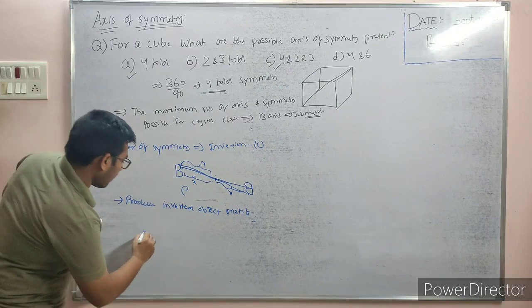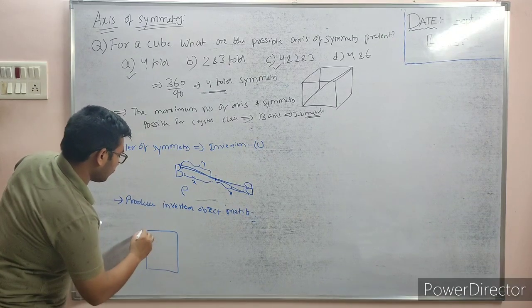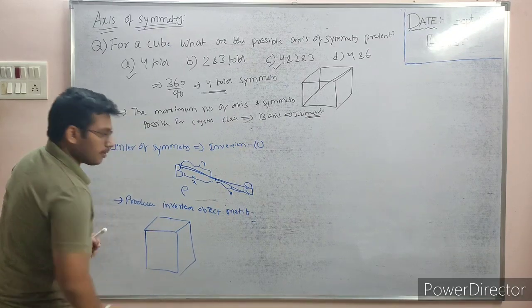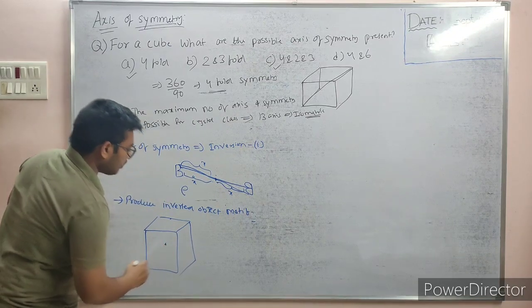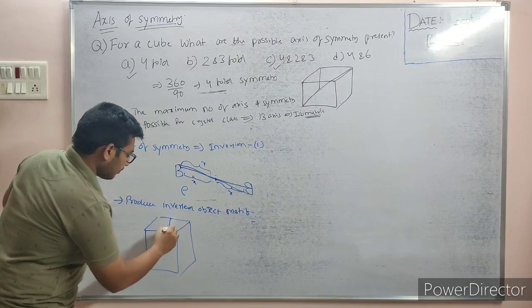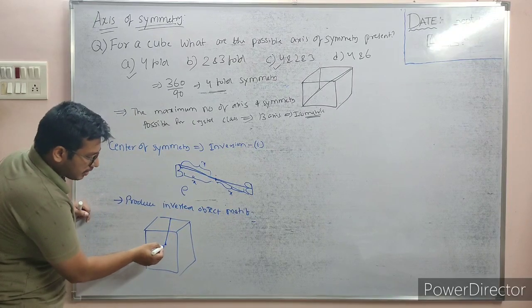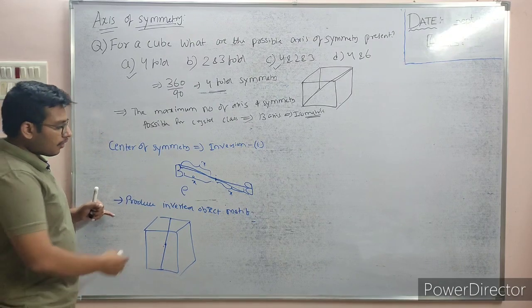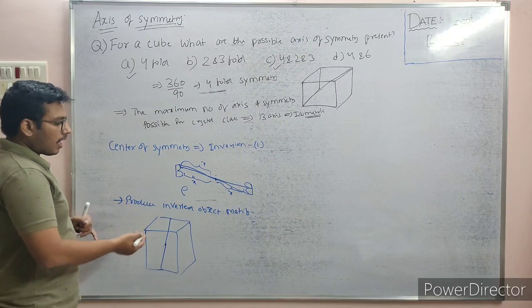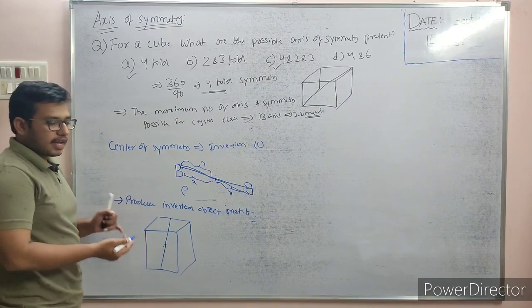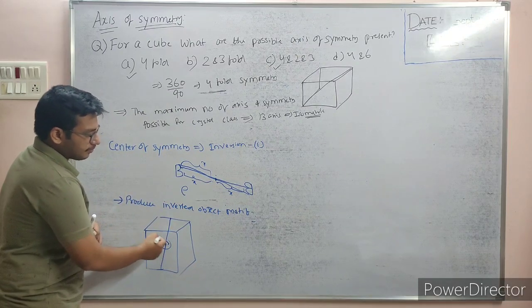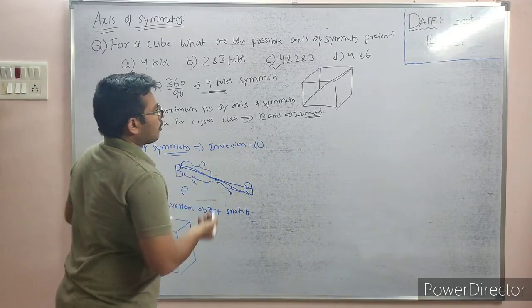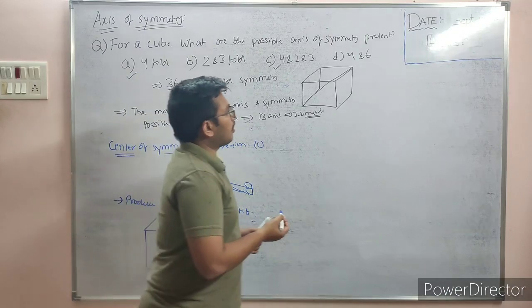For suppose if you take any crystal which is like this, if it has this edge and this is the center of symmetry, when you are drawing the line at an equal distance from the center of symmetry, we are getting the same face repeated, or you can say edge repeated. Same face, same edge, same solid angle is repeated through inversion center. This is the center of inversion, or you can say center of symmetry.